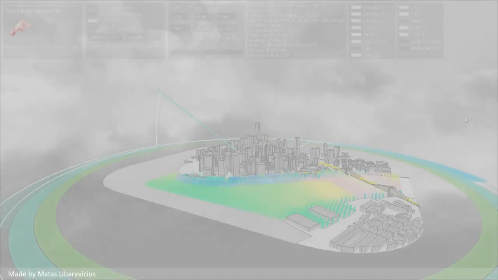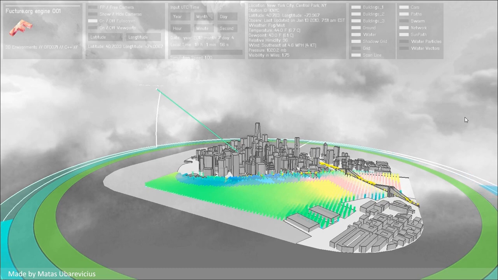Okay, so what you see here is the simulation environment I've built with openFrameworks for my master's project. I'm doing a master's in interactive architecture. So basically what this environment is supposed to do is create the informational setup for my building to adapt to. And what you see here is the sun path, which is integrated with transport simulation, also the water simulation,